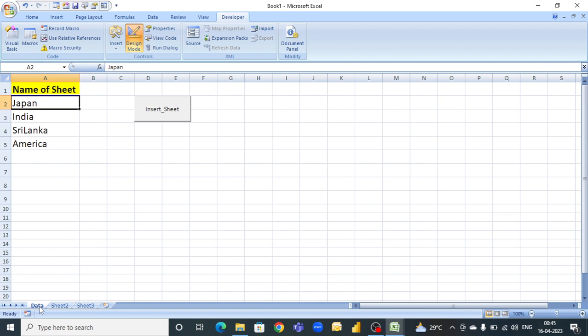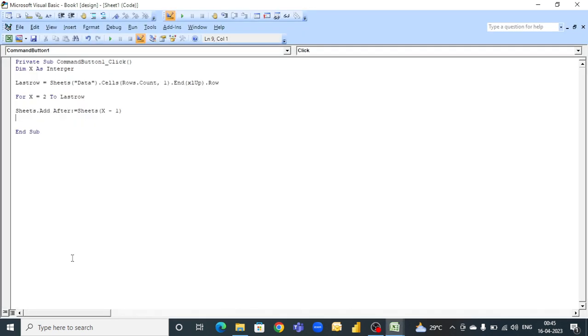I kept my range from A2 to last row. Suppose that in this case my x would be Data, and I want my range to start from x minus 1, and after that